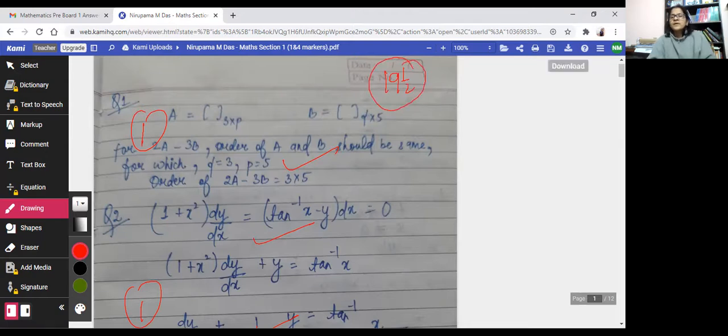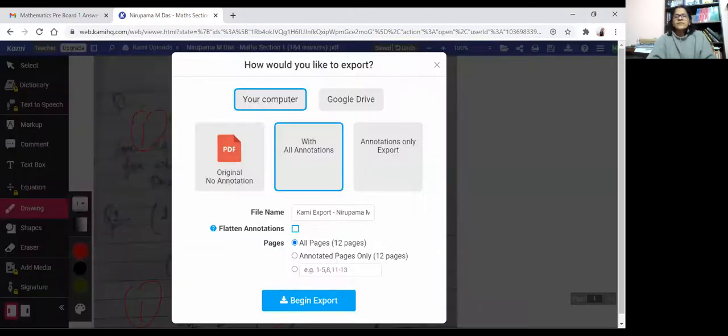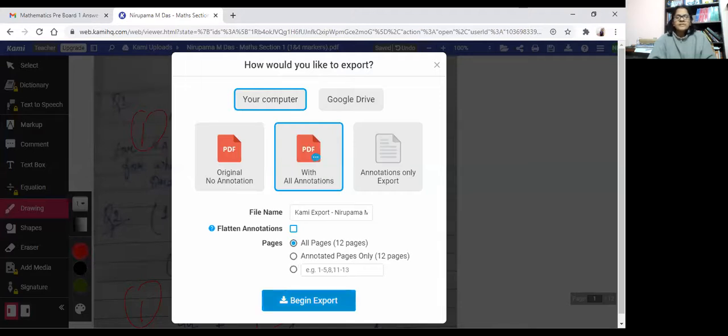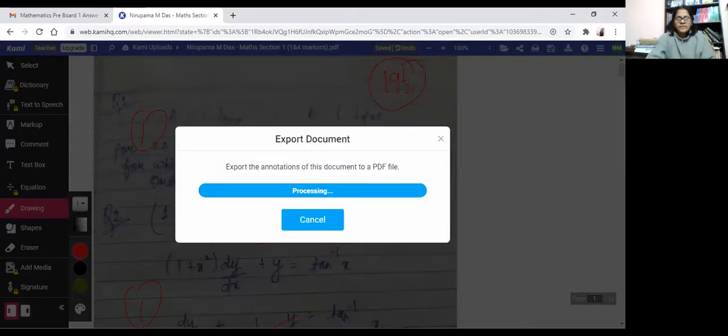So what I can do here, I can download this. Now it will be showing like this. I want the whole document to be downloaded and exported, so begin export. Very quickly this can be done. So it is being downloaded.